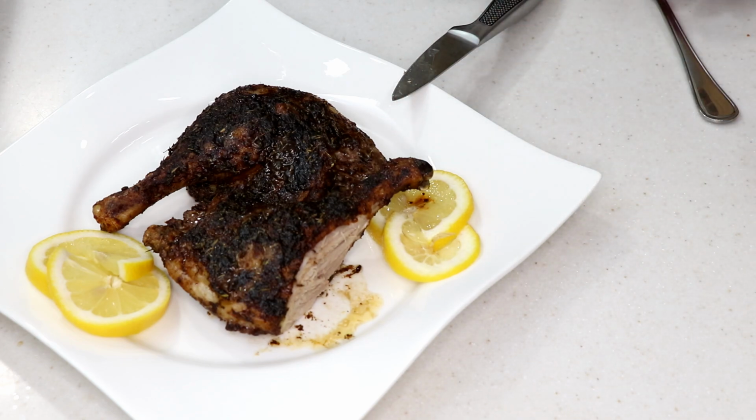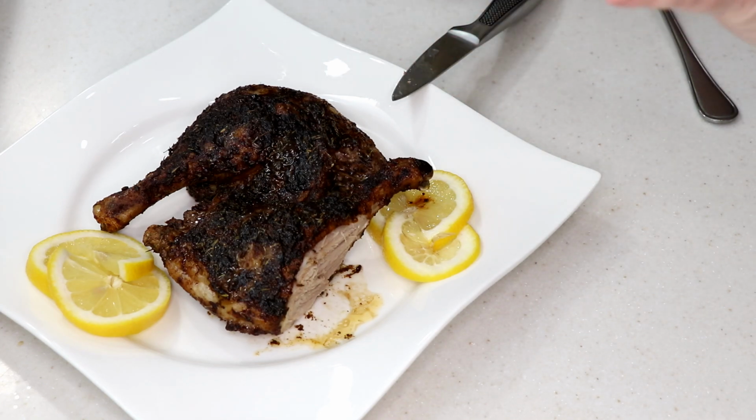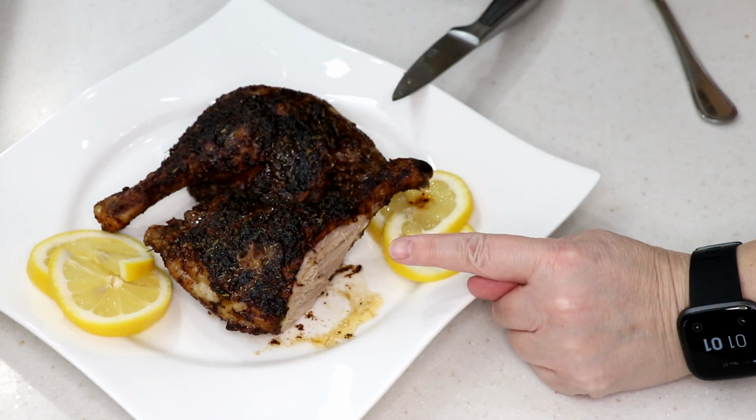That's delicious. From the seasonings to the glaze, it's beautiful. Love it. The only thing I would change,